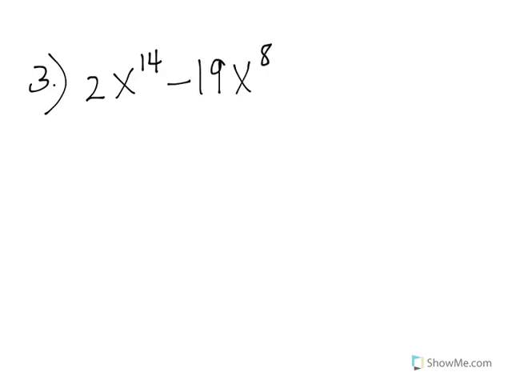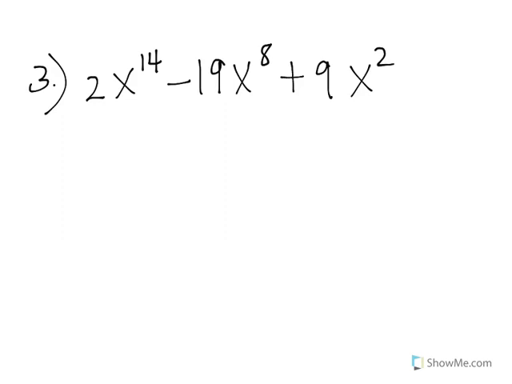Okay, and we're going to do one more for good measure. So this is number 3. So we're going to have 2x to the 14th minus 19x to the 8th plus 9x squared. So in this trinomial,